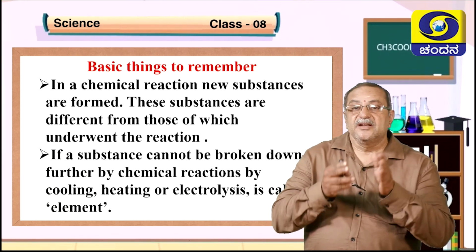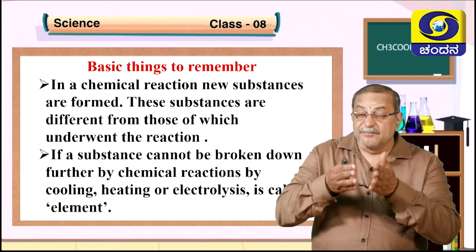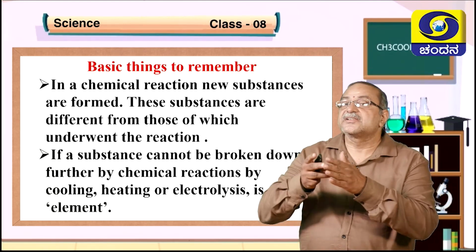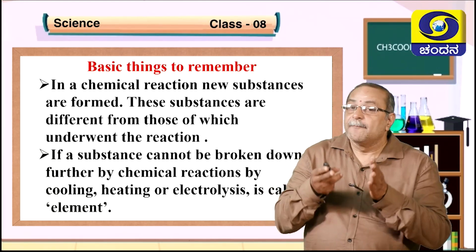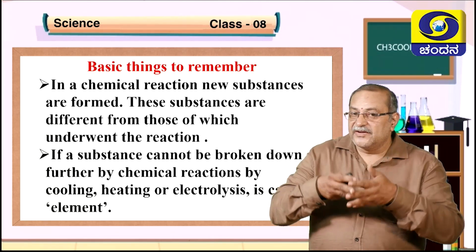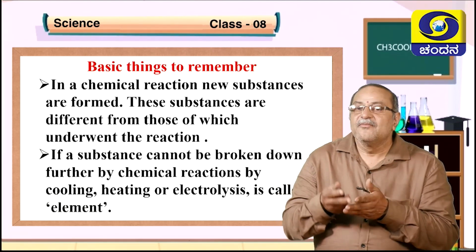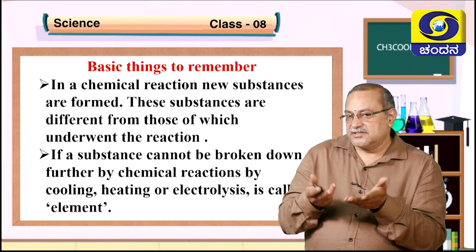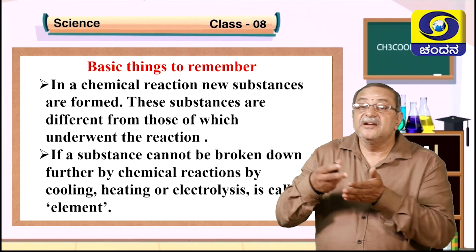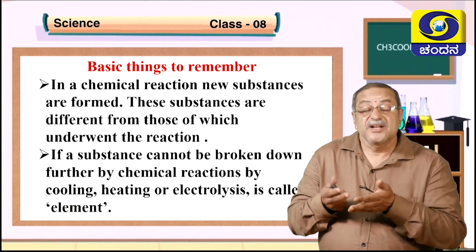For example, you see hydrogen and oxygen. Hydrogen is the gas which is combustible, which catches fire. Oxygen is also a gas, which is a supporter of combustion. Combustion means burning. So what happens here? Hydrogen and oxygen both react together to form water, which is not combustible or a supporter of combustion. Entirely different character we got here. Yes, children? So this is how it is formed.